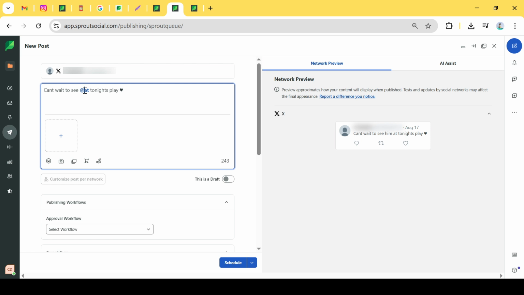the handle of the person or brand you wish to include. As you type, Sprout Social will generate suggestions based on your input, so keep an eye out for the correct handle from the drop-down list. Selecting a handle from this list will automatically tag the person or brand in your post, making them a part